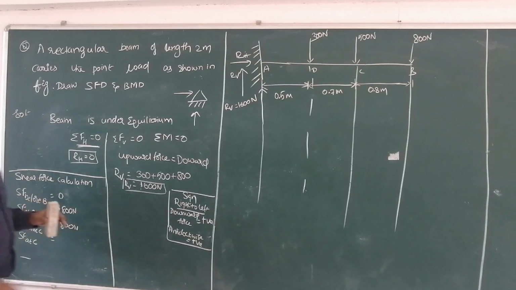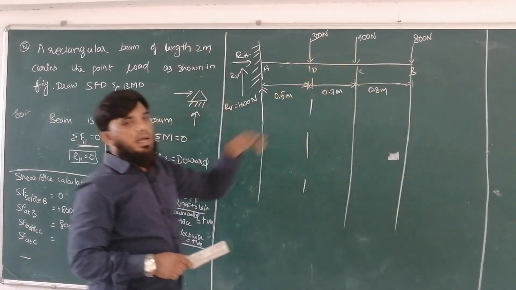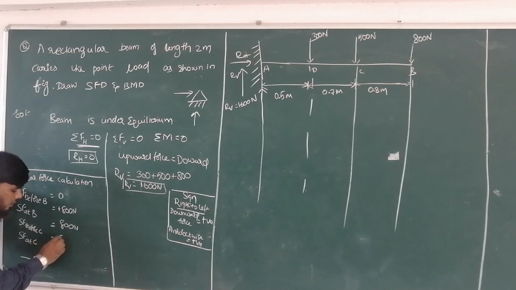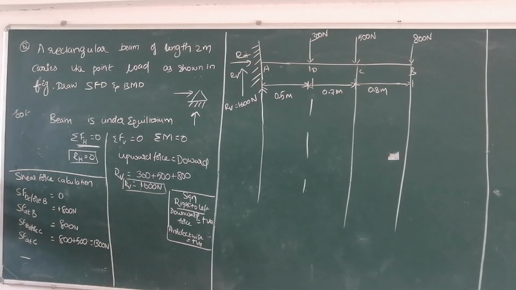When I say at C, before C is obviously 800 plus 500. At C is 800 plus 500. So 800 plus 500, total is 1300 Newton. Next is shear force before